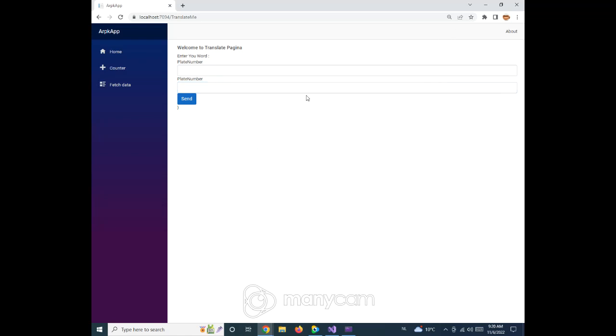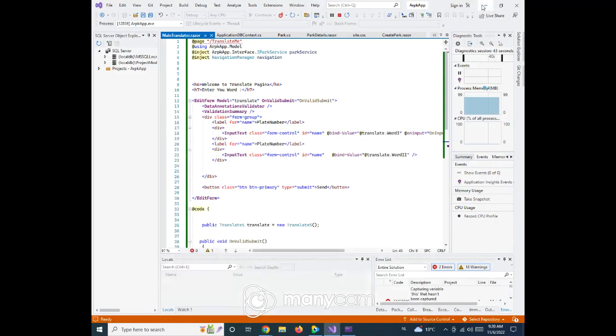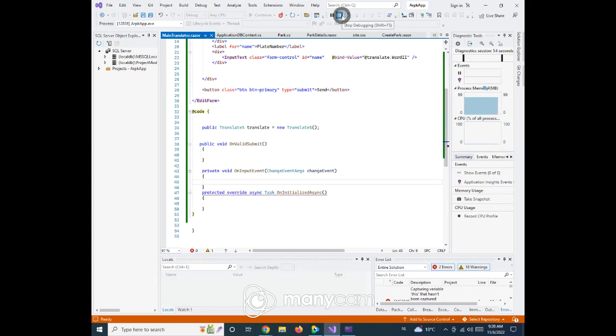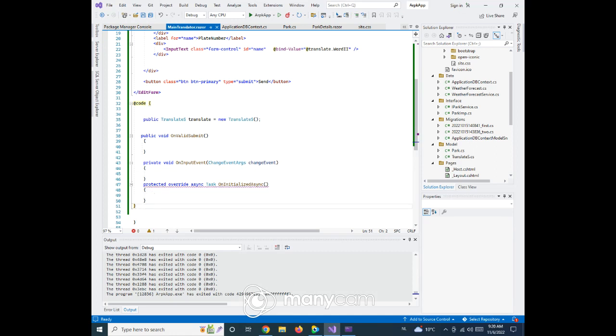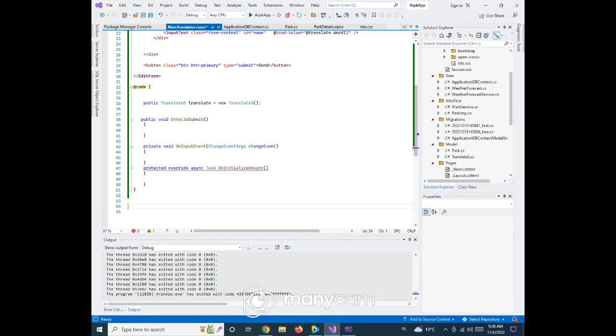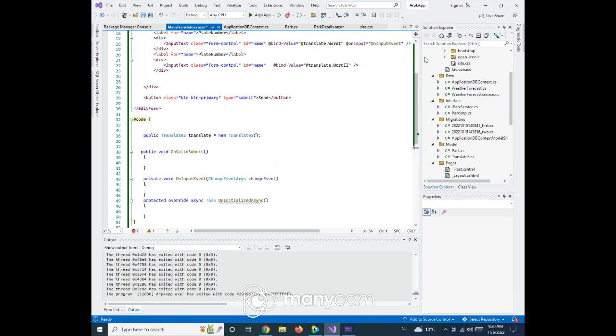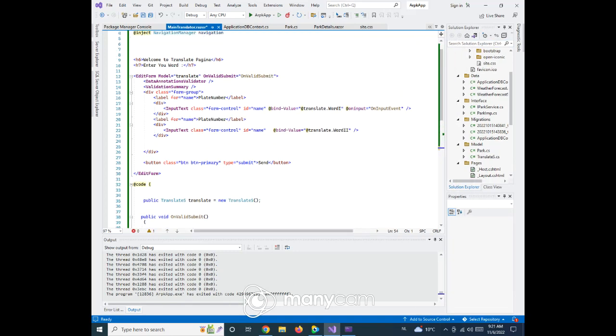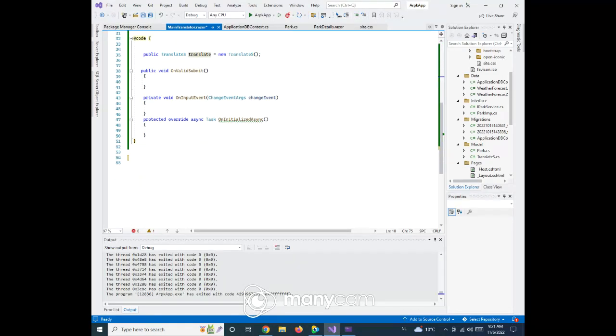Maybe someone asks why you use a form for this. Let me finish this first. Now we have two fields, and on input we have word 1. Okay, I want to make here a method, public